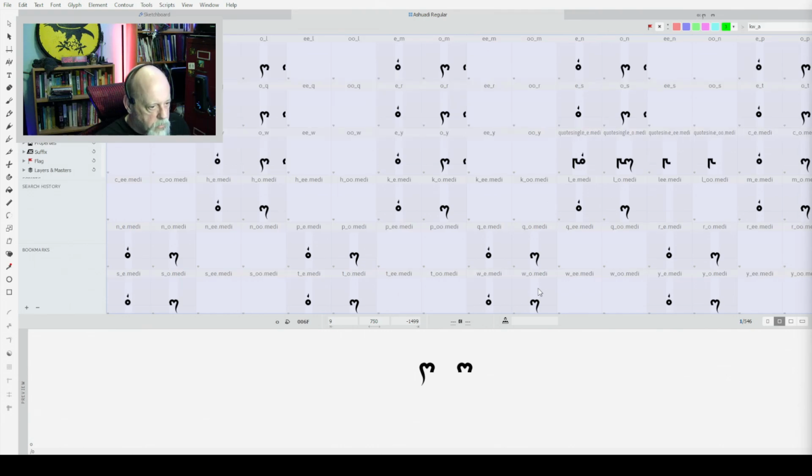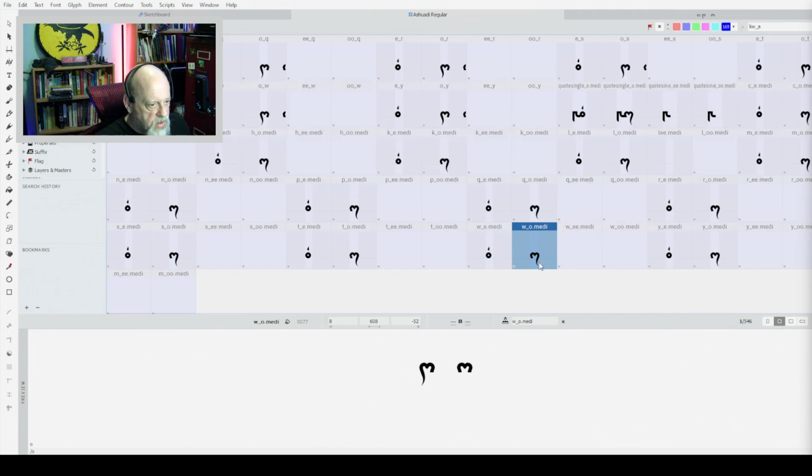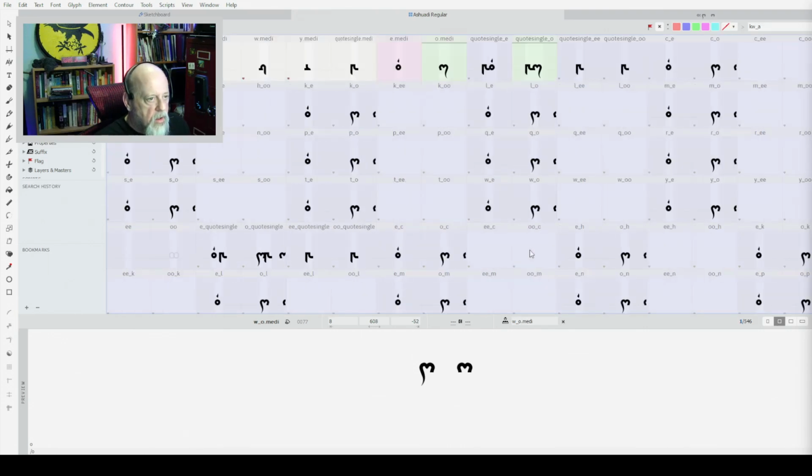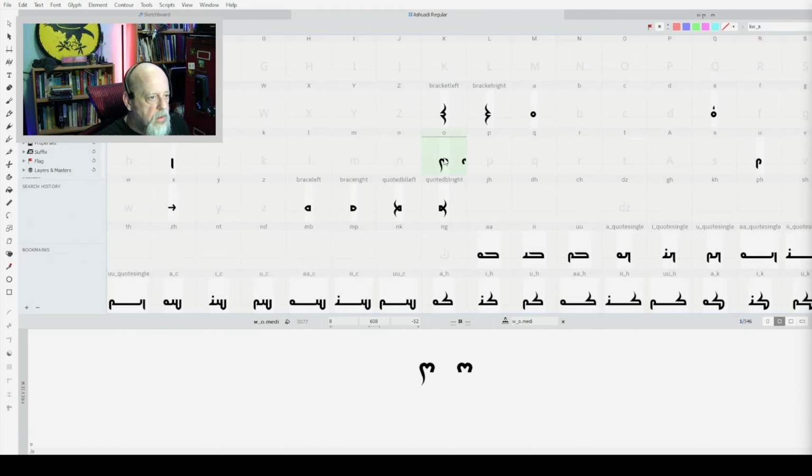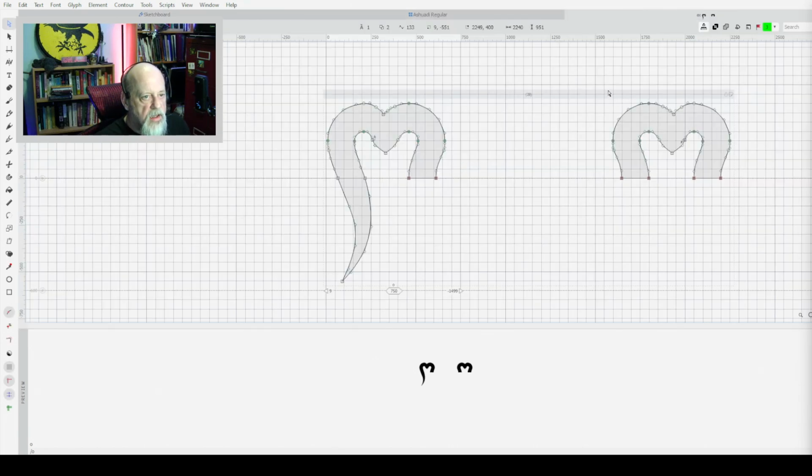It doesn't have the W part, but it does have the O, but it's the incorrect O. It's not the medial form, which would be this one here. So I'm going to mark this as none, so I remember which one I was working on. Go back up. If this looks time consuming, it's because it really is time consuming.